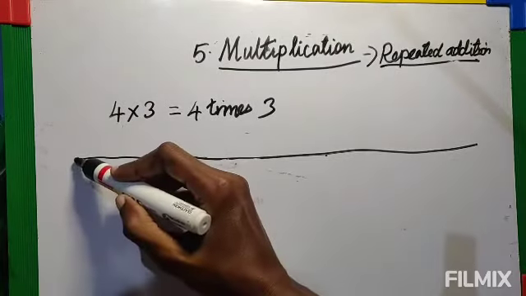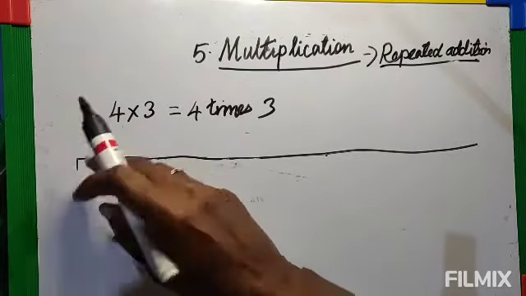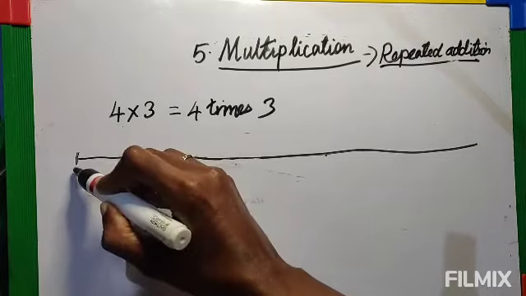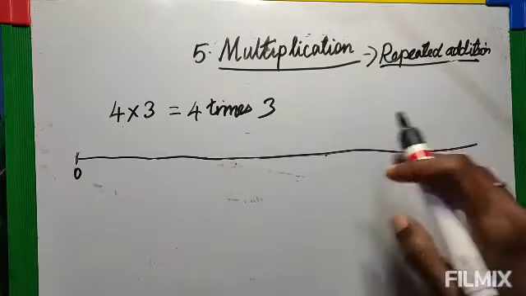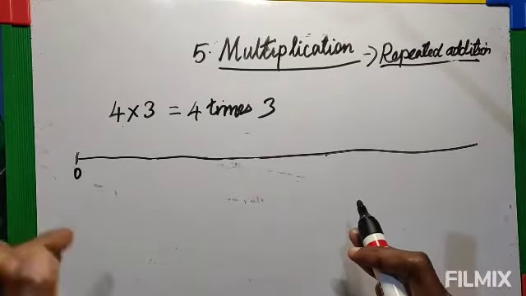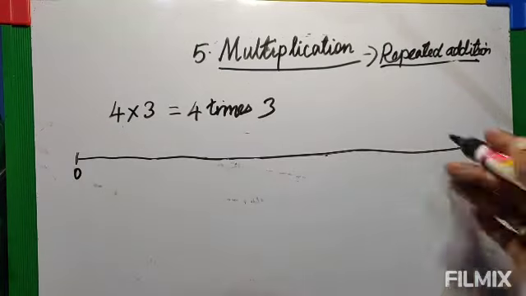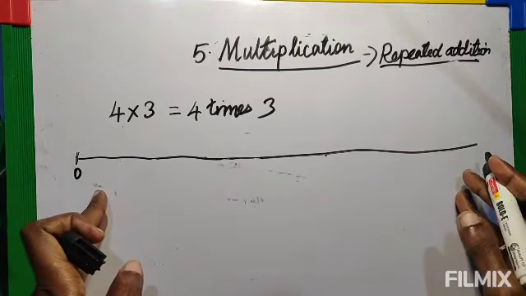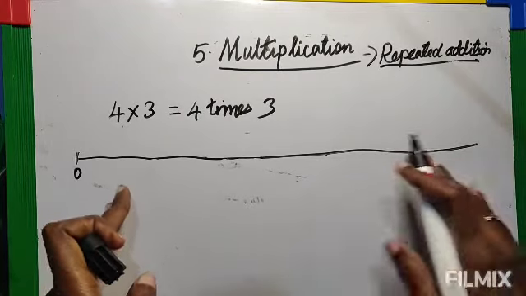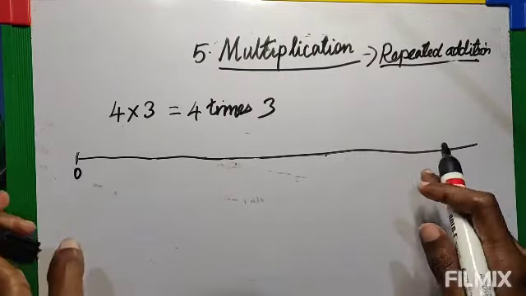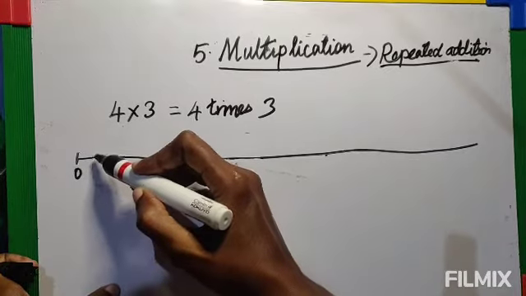So I am starting first. You have to start with 0. Always start with 0. First you mark the numbers. Don't mark only 10 numbers. When you see the multiplication table, it goes longer. 4 3s are 12, so you need at least 12 numbers. According to that you must arrange the numbers, so we have to arrange more than 12.